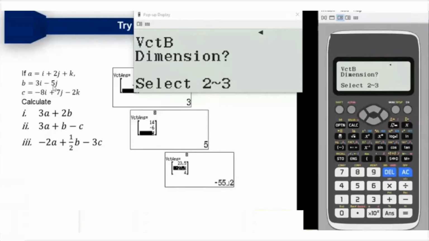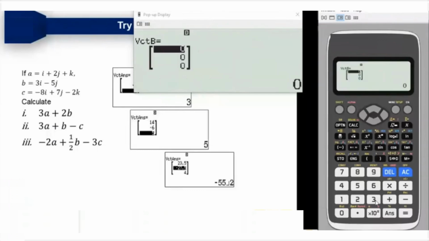Apparently, it seems as if B is a two-dimensional vector because it is only I and J. But my advice to all of you is, if the whole question is based on three-dimensional vectors, which is obvious because K are there in some of the vectors, it's advisable to conclude that vector B is also a three-dimensional vector. So I will write 3 is equals to minus 5 is equals to, and I will not write anything